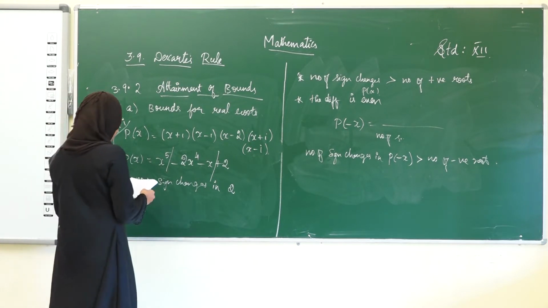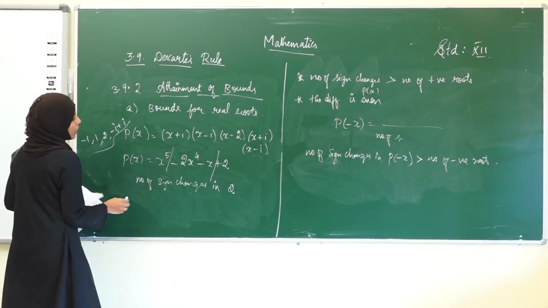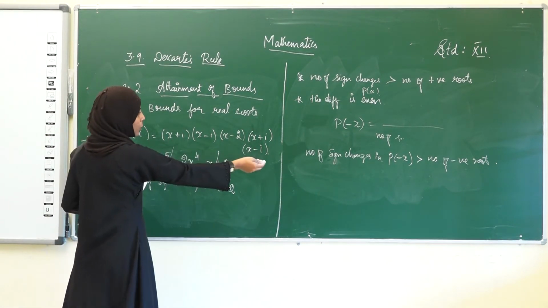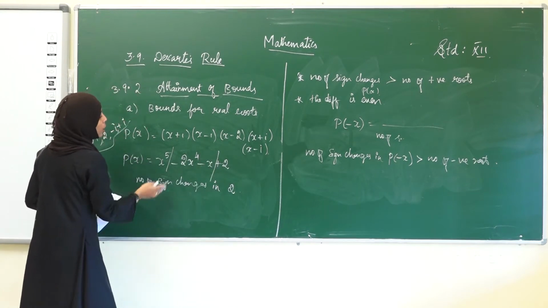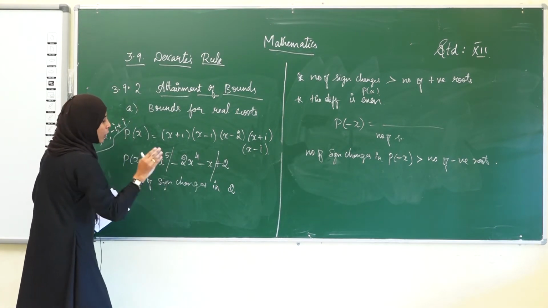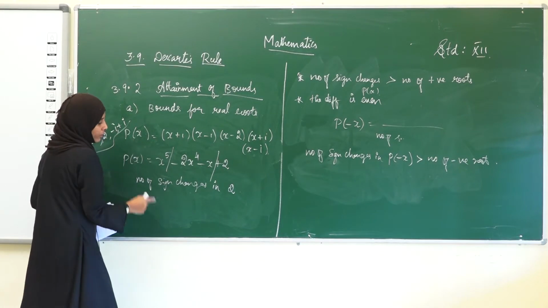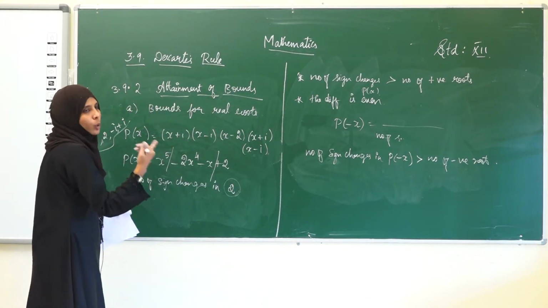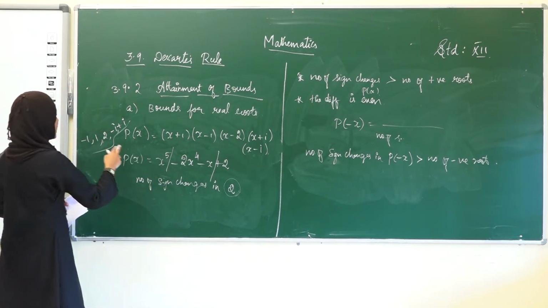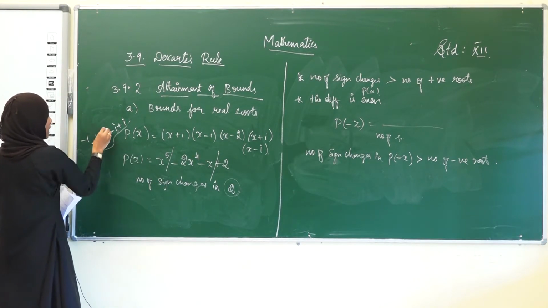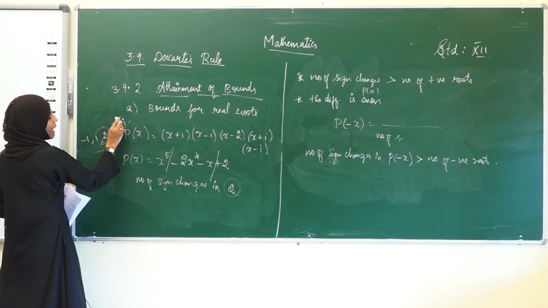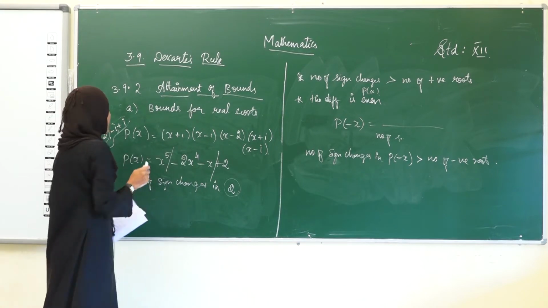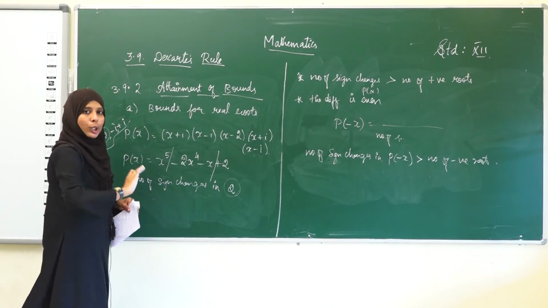So, here the positive roots, you don't consider this. What we have learnt above is that the number of positive roots cannot exceed the number of sign changes in p of x. So, the number of sign changes is 2. Therefore, the number of positive roots may be 0, 1 or 2. See here, we have 2 positive roots. Here the i and minus i we cannot consider, because now we are seeing the bounds for only real roots. This is an imaginary root, therefore we are not going to consider that.